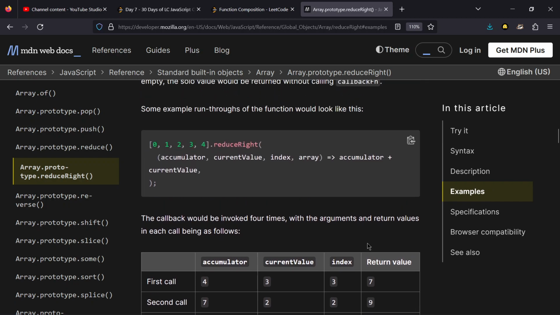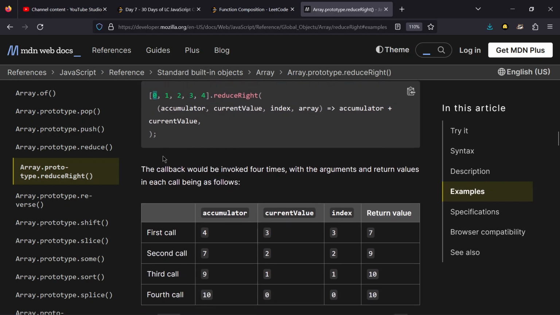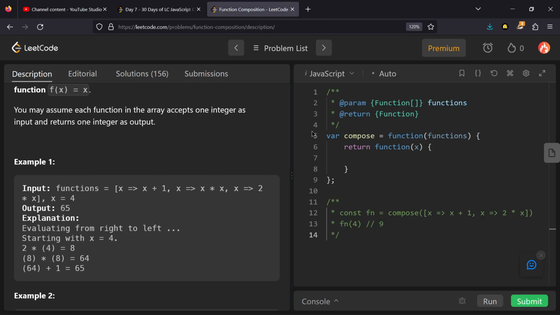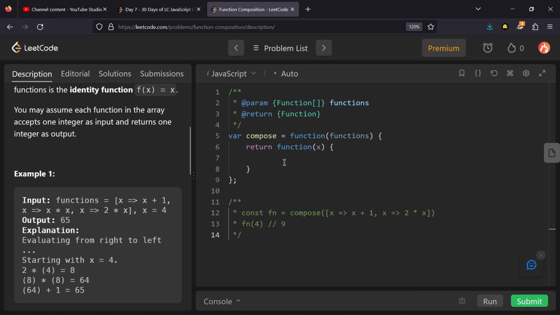Just a simple line: when initial value is not passed, accumulator is set to the last index in reduceRight case, and for reduce it will be set to the first element. And when initial value is passed, here we are passing 10 as initial value, so accumulator will be set to the initial value, and everything works exactly the same way. So you can read this. And now head back to our solution and write some code.